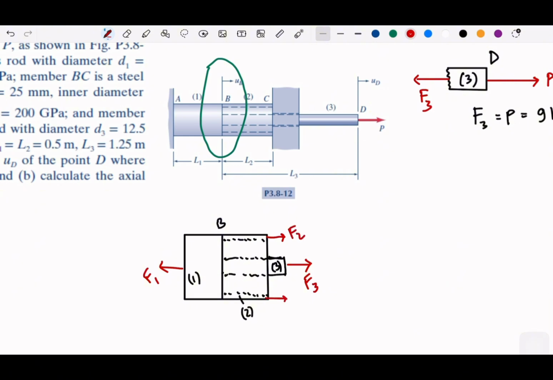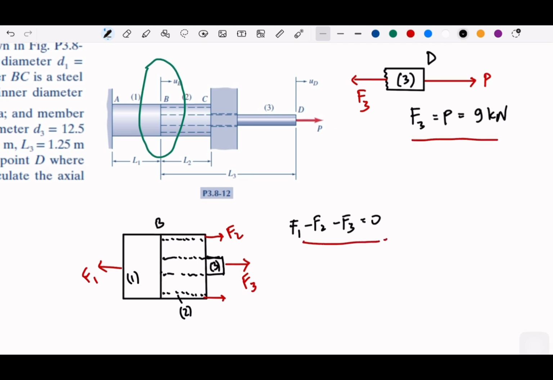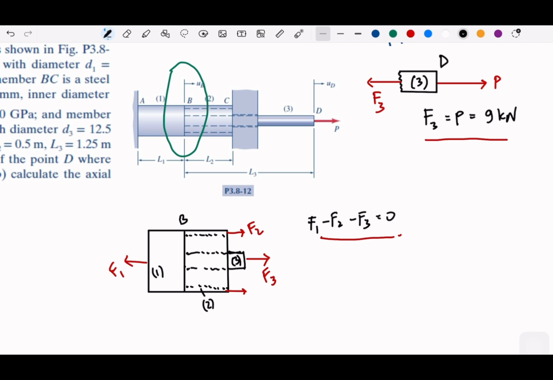Okay. Because it's surrounding the element 3, so I will just imagine that the F2 they have this much of force, but I will just write that all the forces will be as a resultant of F2. And by equilibrium, taking the sigma of Fx equals 0, we can have F1 minus F2 minus F3 is equal 0. Okay, so we have all this to equilibrium,